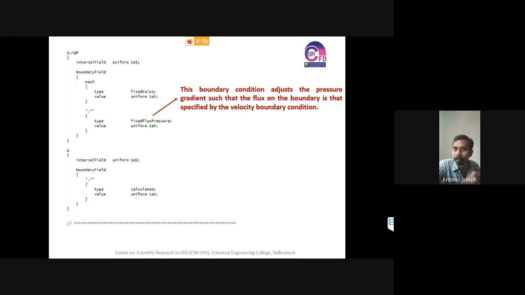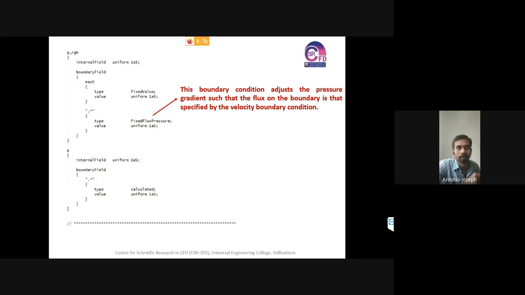For the outlet patch, I am mentioning the pressure, and for all the other pressure values I am giving the fixed flux pressure. So that's a uniform value, not the fixed value. But in the case of outlet, I am specifying the fixed value, so that remains the same. For the other patches, that means the dot star case, we are not giving the fixed value. We are just specifying some value. Initially that value will be taken, and later on, if there is some pressure difference, the new value will be assigned to those particular patches.